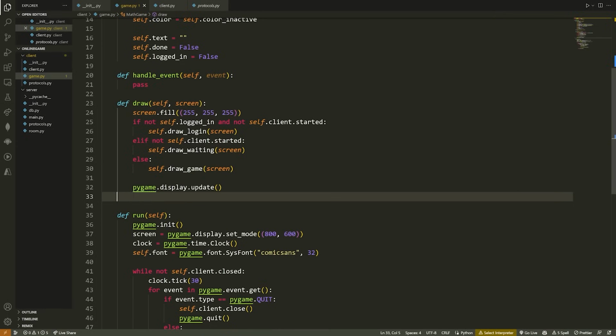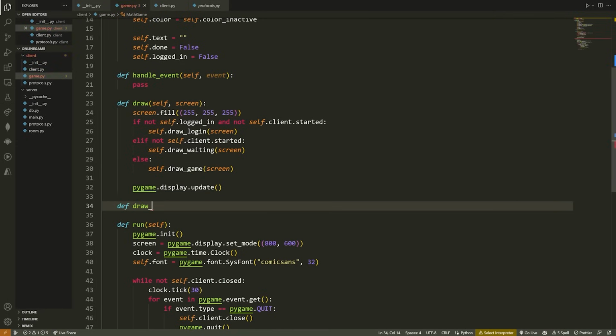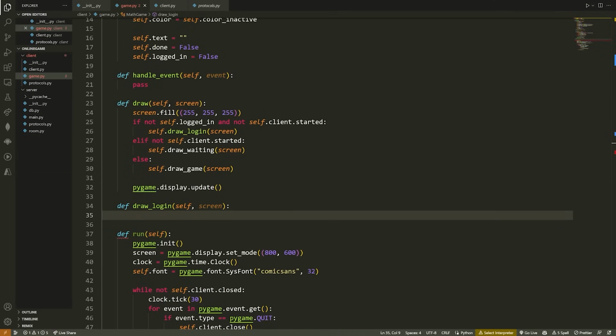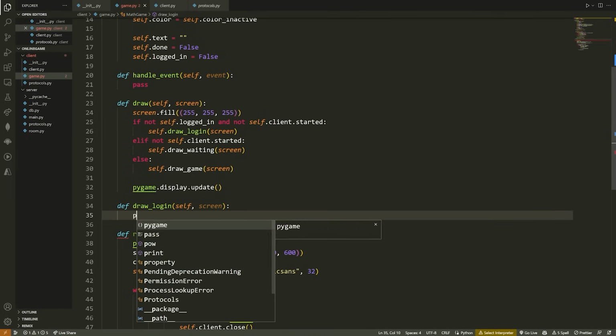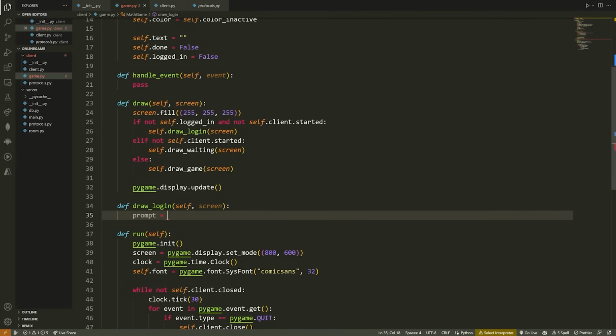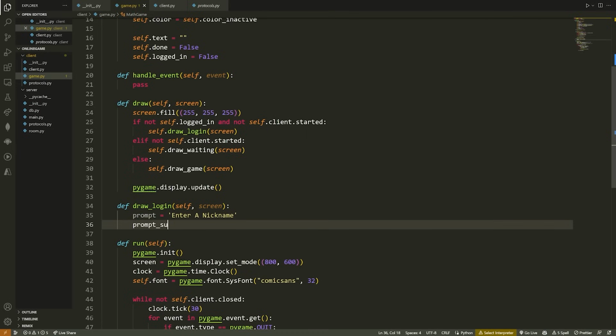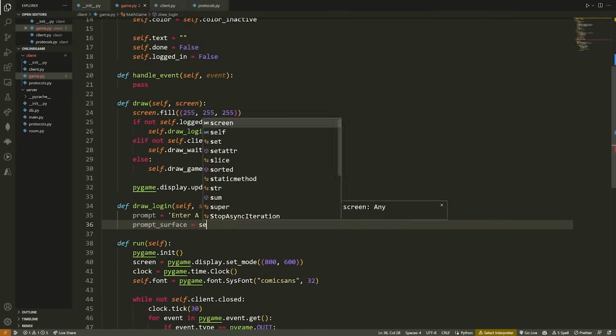Let's begin with the login. We're going to say define draw_login. We're going to take in self and screen. For the login, we need to draw a prompt, so something like enter your nickname. Then we need to draw like a text input box where we're allowing the user to actually type some text in. It's not super easy to do that in Pygame, but we'll begin here. So we're going to say prompt is equal to enter a nickname. We're going to say prompt_surface is equal to